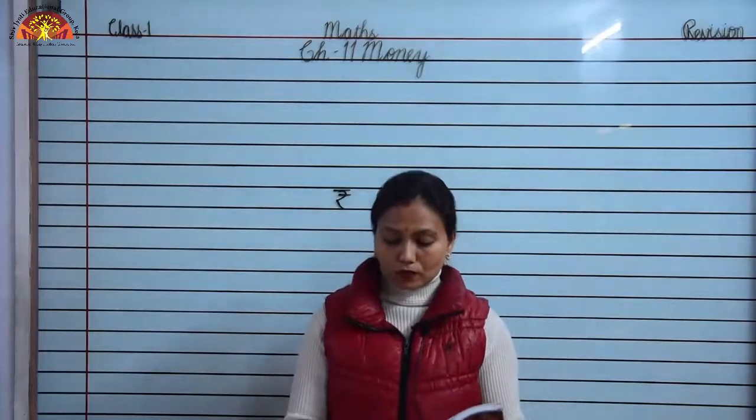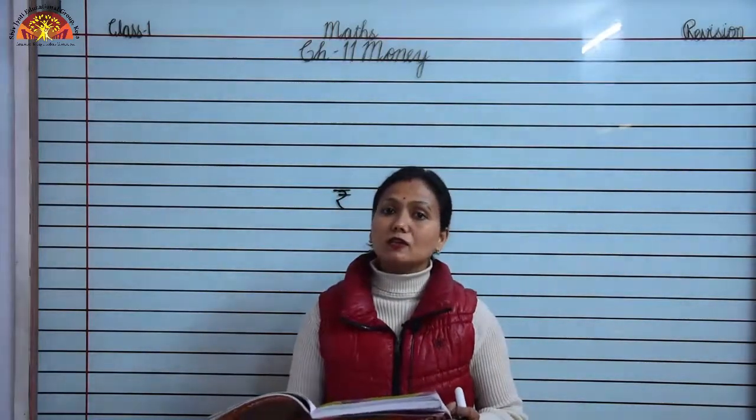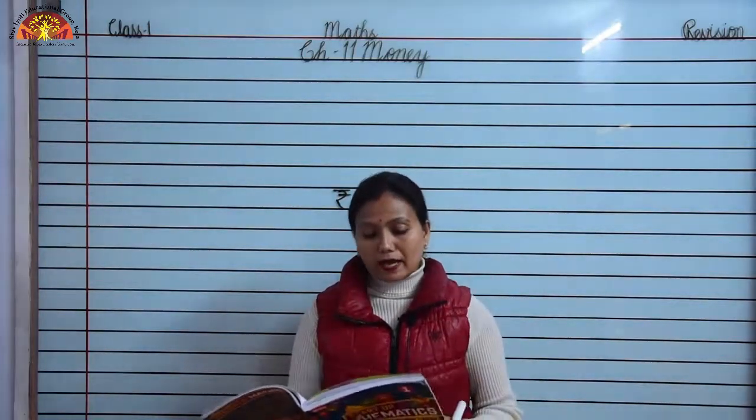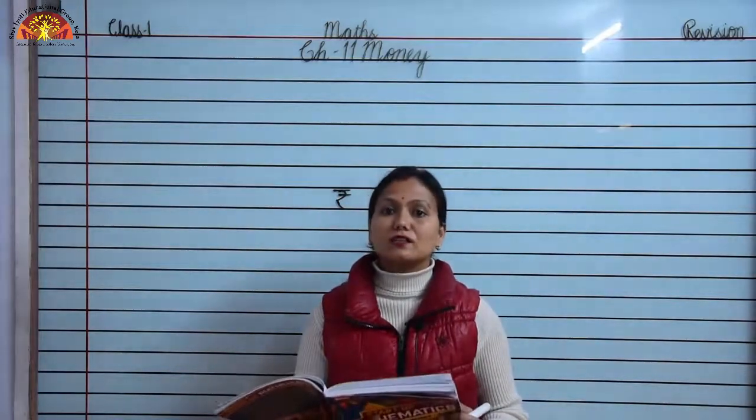You can see in your book notes are given to you, 2000 rupees note, 500 rupees note and so on. Now we will move to coins. Coins are used to represent rupees and paise. You must have seen 10 rupees coin, 5 rupees coin, right? And in coins also you must have seen numbers written on it, okay? And earlier we were using paise coins also like 25 paise, 50 paise, but right now we are not using them.